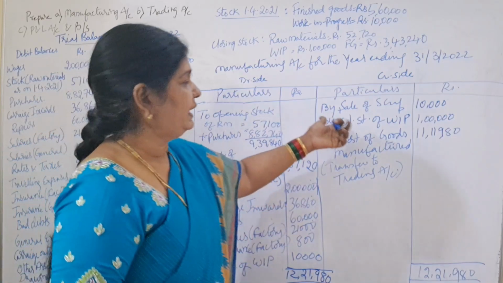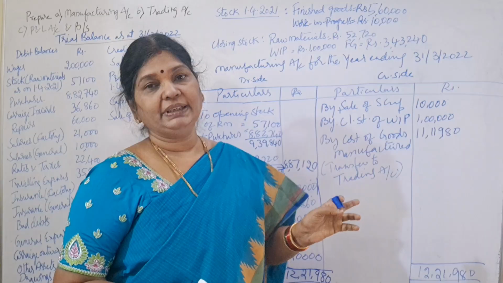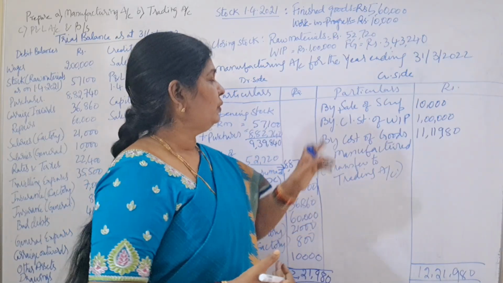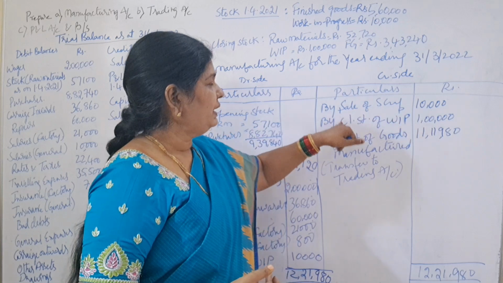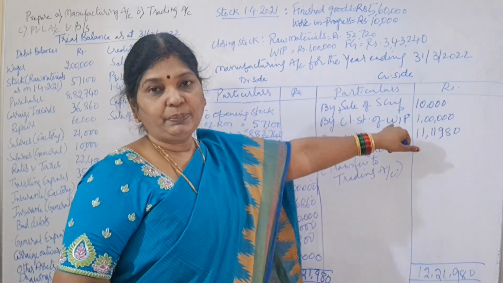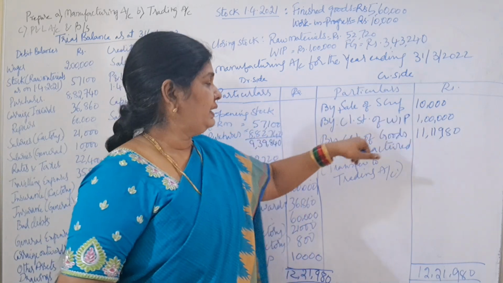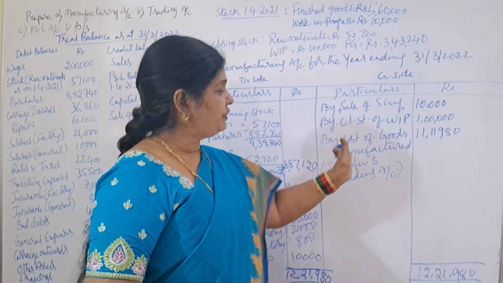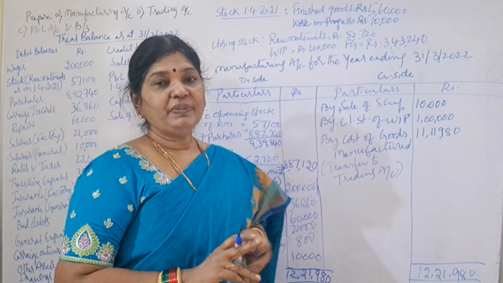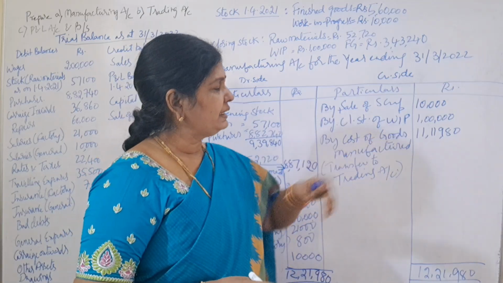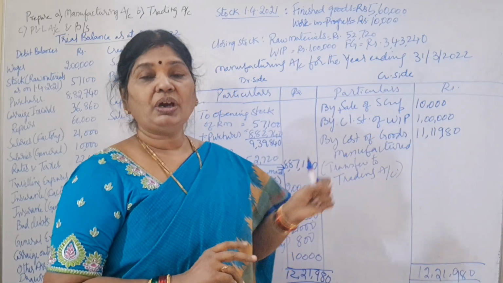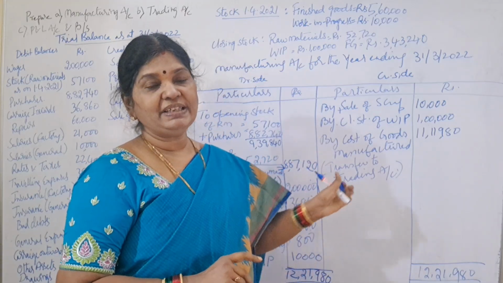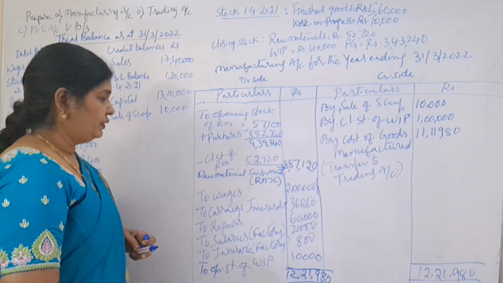Next, coming to the credit side, we have taken sale of scrap. Whatever scrap we have in our factory, when we sell that, we get income. So sale of scrap we have taken on the income side, and by closing stock of work in progress, we have taken on the credit side. The difference that we got in this account is called cost of goods manufactured. How much did we get? 11 lakhs 11,980. How did you get that? Debit side total minus credit side total. The difference is cost of goods manufactured. So take a screenshot.